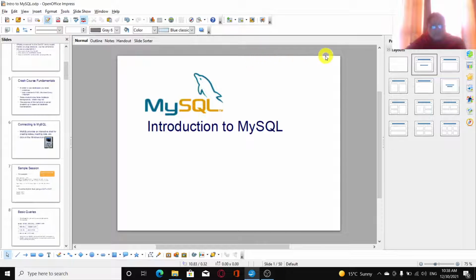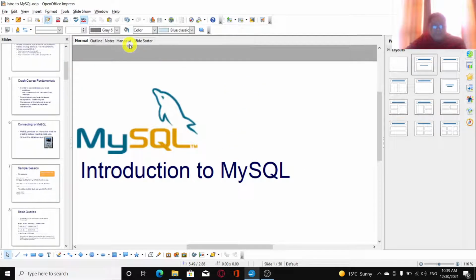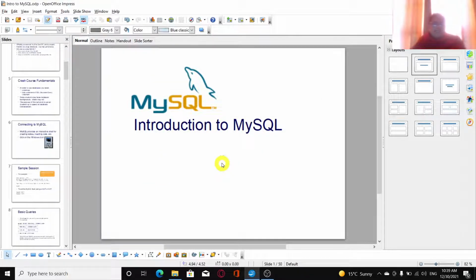Now one way is to use hit and trial, that is to keep changing the values over here till it fits this area, or there is a very nice option here at the top known as optimal. So we'll select optimal and we'll click on OK, and okay, it's not giving the required result. We'll go to fit width and height. So we'll click on this, and you can see that this option sets the magnification level of your slide to exactly such an amount that no space is wasted in your workspace. So it exactly covers this workspace over here.